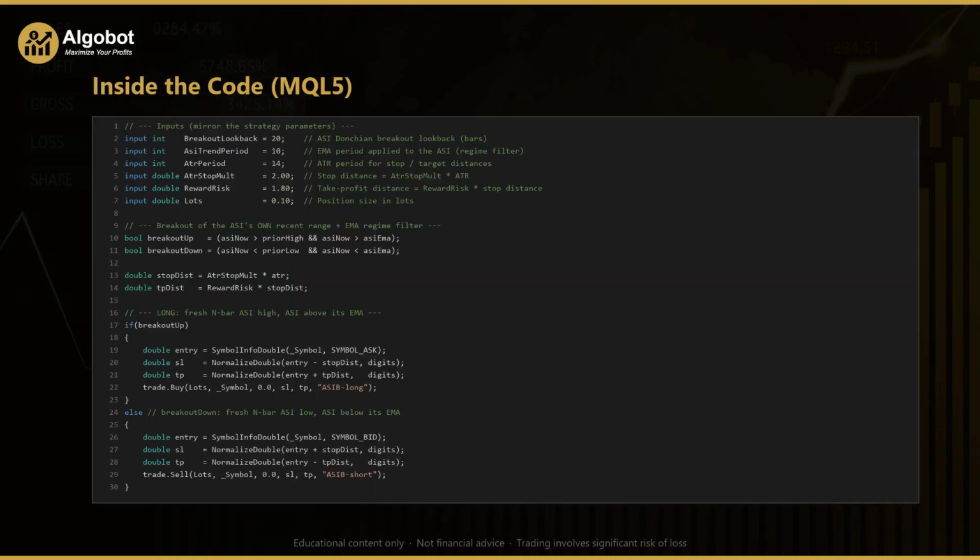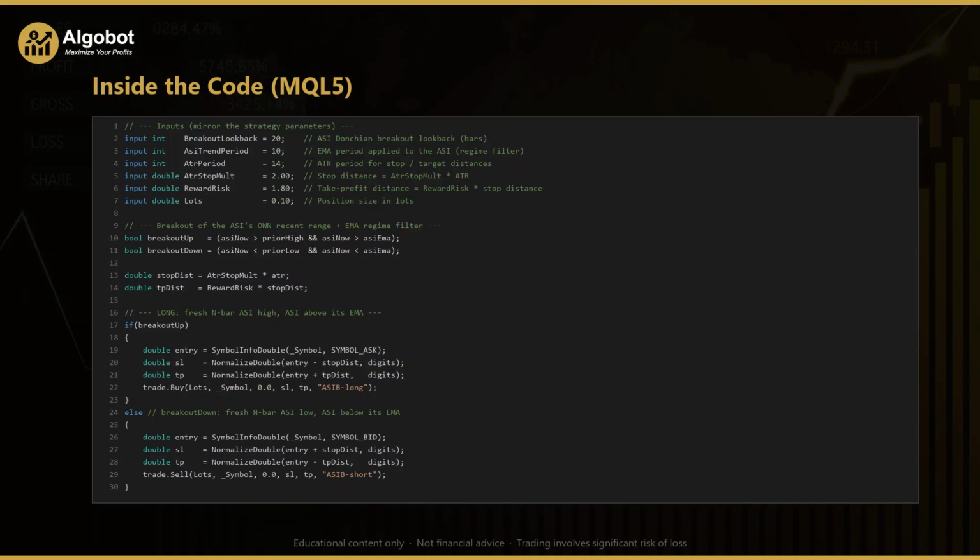Let's look at the actual MQL5 code that runs inside MetaTrader 5. At the top are the input parameters, and these mirror the settings we've discussed. Breakout lookback is the number of bars used for the Accumulative Swing Index range, defaulting to 20. ASI trend period sets the length of the moving average regime filter, defaulting to 10. ATR period, ATR stop multiple, and reward risk together define the volatility-based stop and the profit target, while lots fixes